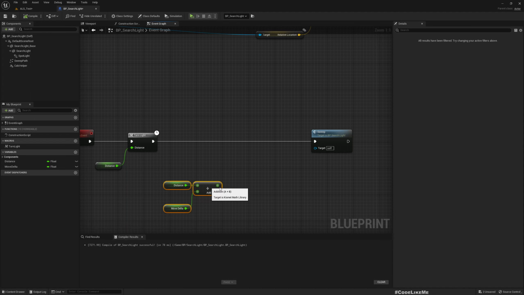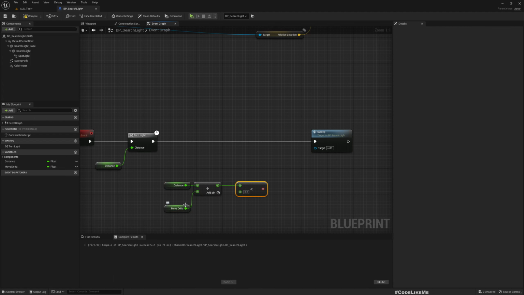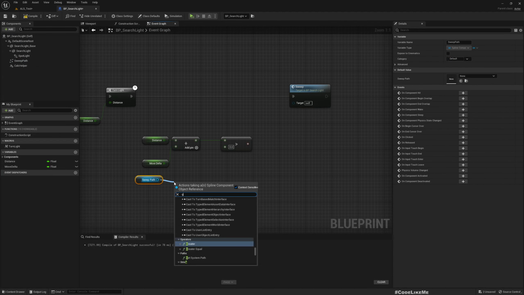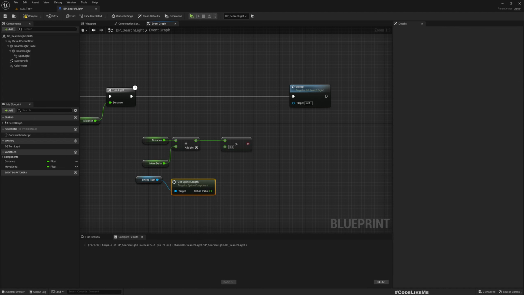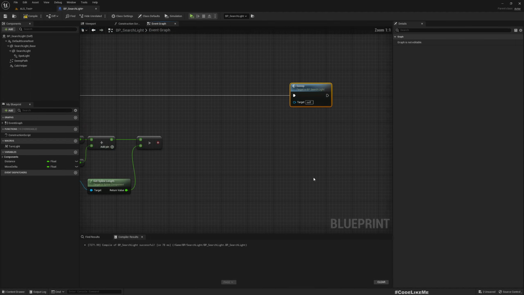And then we can check if this value is larger than the spline length, get length. If that is the case,